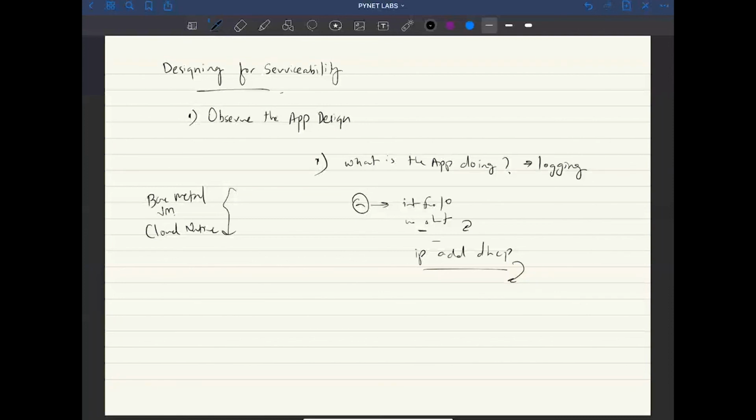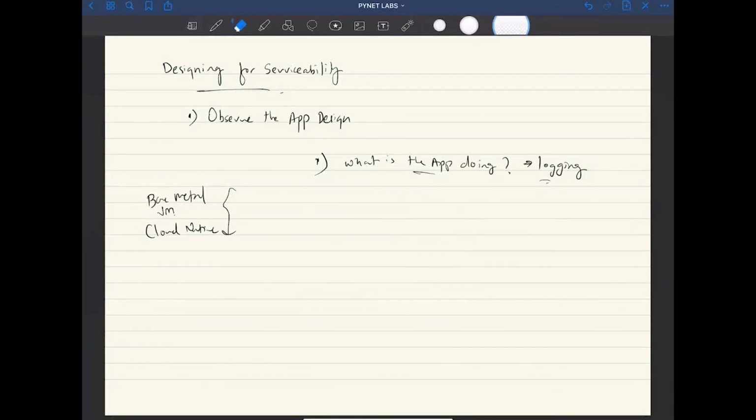That's one proper example of what logging is, right? So your application also should be developed keeping in mind that logs should be produced to the user. After that, the second question that can be taken care of is,